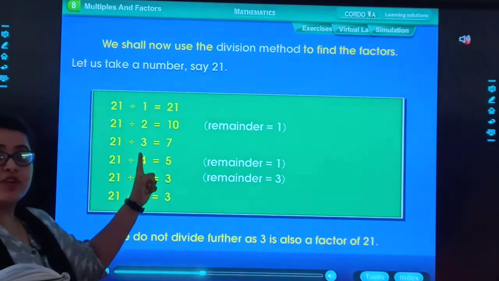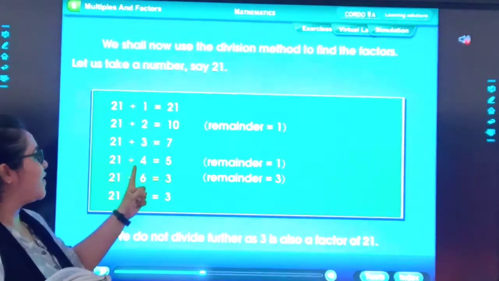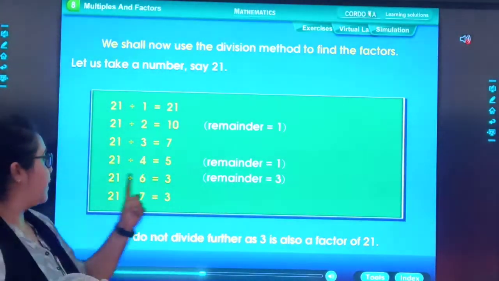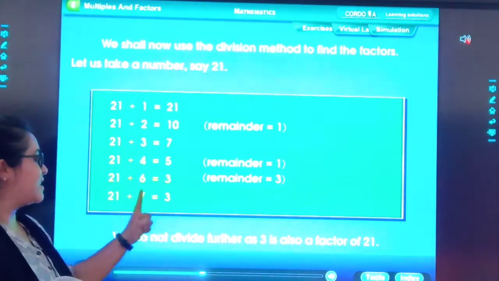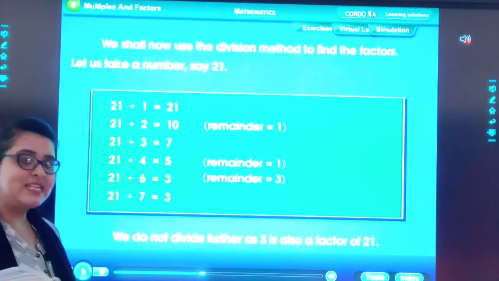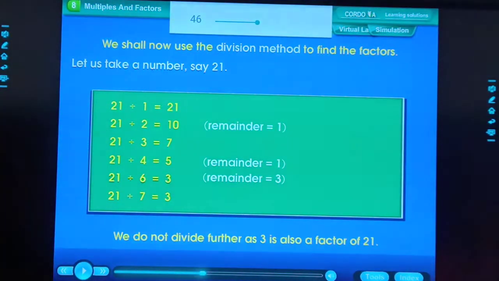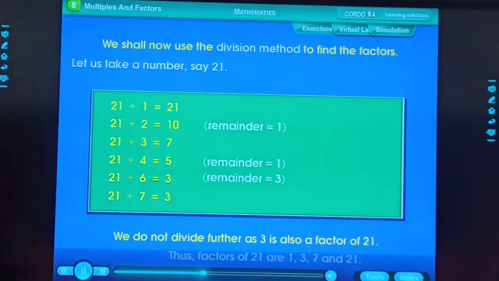21 divided by 3, 7. 21 divided by 4, 5. Remainder is there. 21 divided by 6, 3. Remainder is there. 21 divided by 7, 3. No remainder is there. The factors of 21 are 1, 3, 7 and